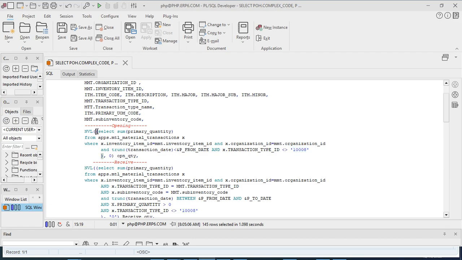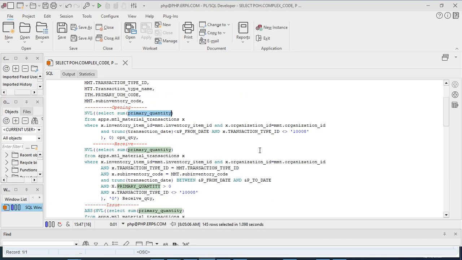so that it will automatically create an opening quantity, so that it will automatically get the sum of primary quantity of the item which we are fetching in this main query, and it will calculate its opening quantity. Look, and if there is no data, then we are managing it with NVL with the 0 like this one. Okay,